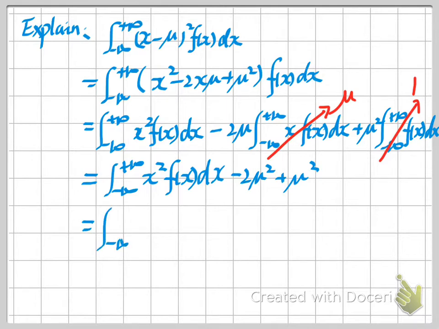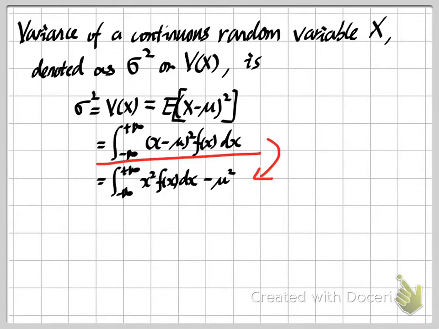So in other words, in this equation, what do we have left? We have the first term of this formula minus the square of the mean. If you compare this with the third line of our definition, you will find they are exactly the same as each other. Okay, so this is how we can rewrite it, or in other words, how we have two formulas to compute the variance of our continuous random variable.